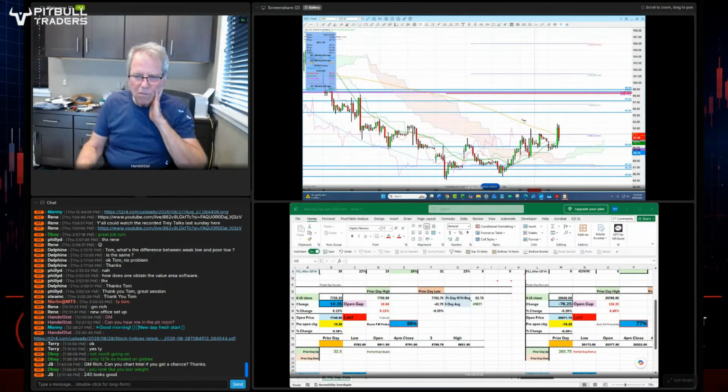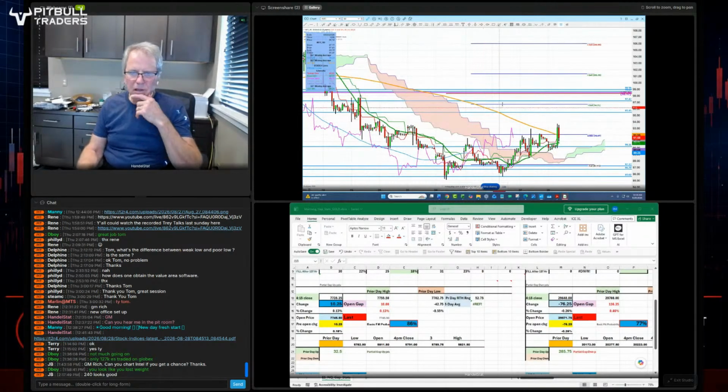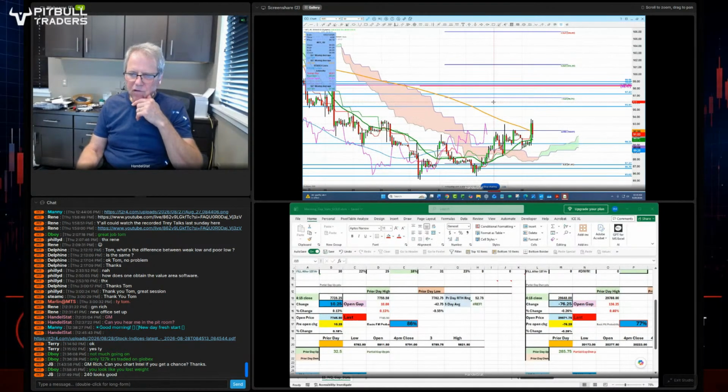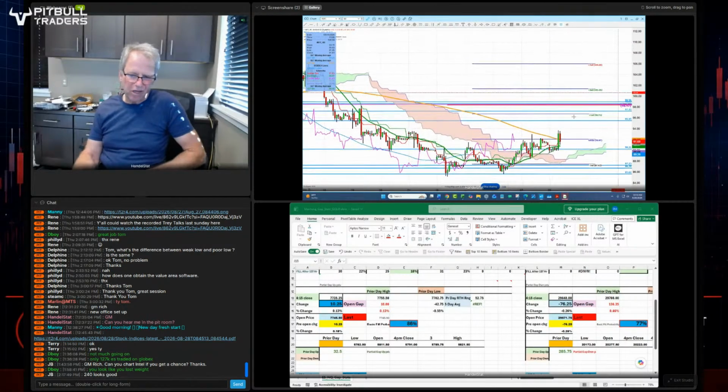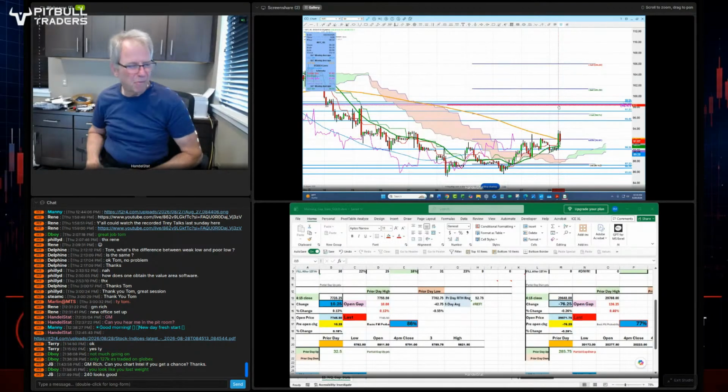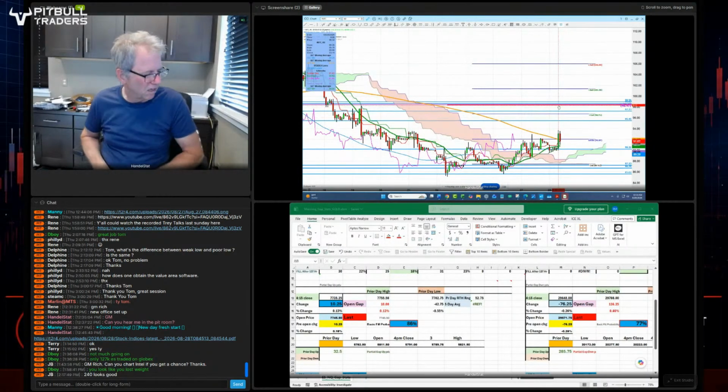Trading above here right now. Trading above where it is. I think they should probably go up here and test this. What is this? The 98.5 area. And above there, they could really take off. It should go back up here and test this area, 98.5, right up in here pretty soon.